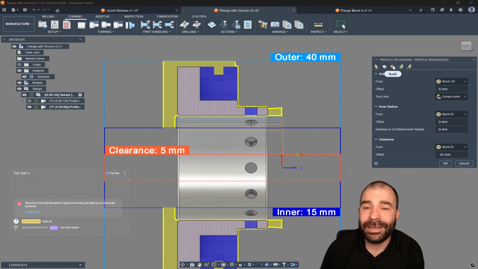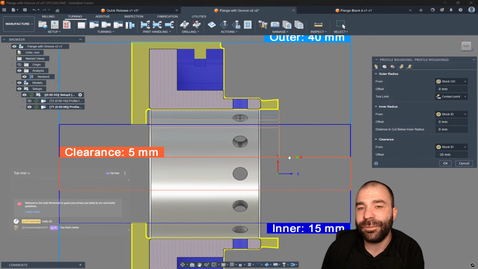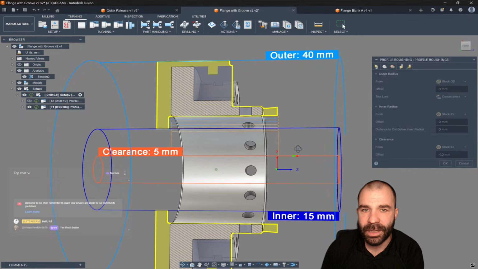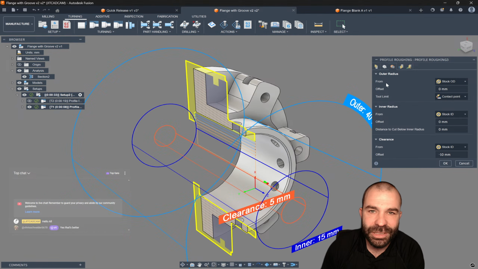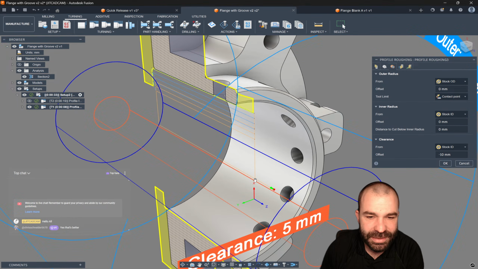But this is where, again, I love Fusion. The visual representation of what is going on right now is all explained once you use rule number 2. You hit OK, and boom, you have blue lines on your part, as you guys are seeing here. Now, I just need to see what line is coming from where right now in my radii, right? If we actually were to rotate our part, you'll notice the radii menu is cylinders, right? So looking at that, in orange is my clearance, which just so happens to be where that toolpath is working